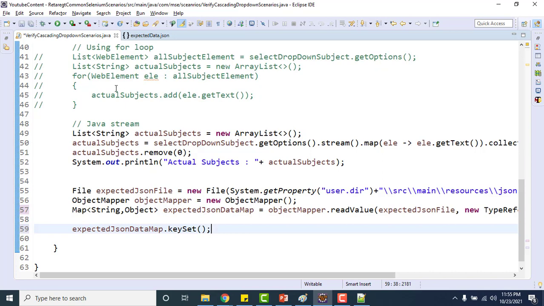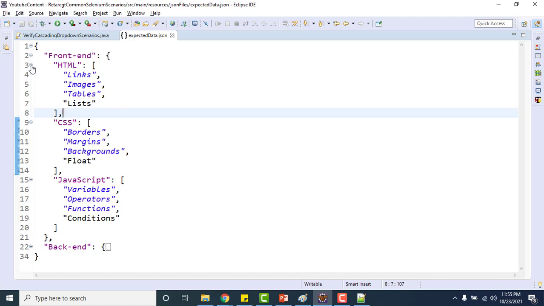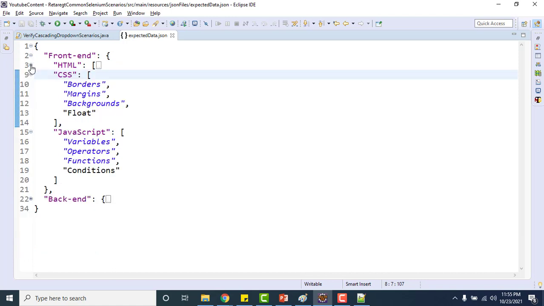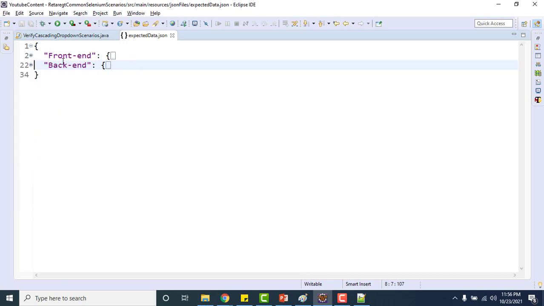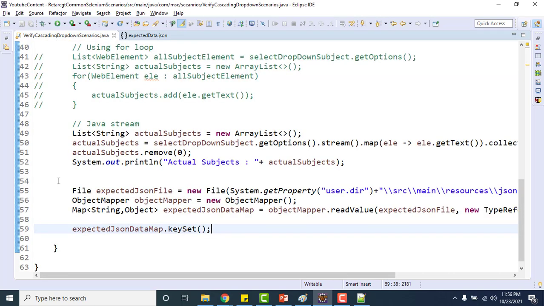So if you see this particular JSON object, I am reading it as a map, and when I do keySet, it will return the top-level keys, front end and back end, not nested keys, because those two keys we have. So let me go here. What it will return me is a set of string.